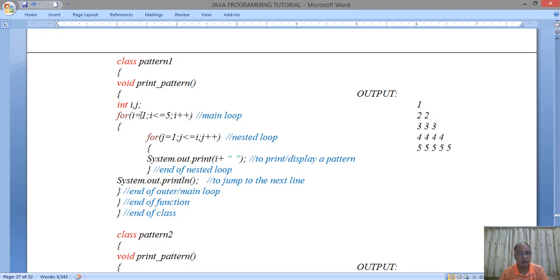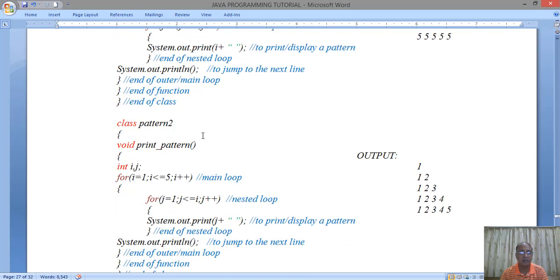So here the value of I is 1, j is 1. So it will print only once, because we are having a loop of j from 1 to I. 1 to I means, if I is 1, j will perform once. If it is 2, j will perform twice. If it is 3, j will perform thrice. If it is 4, j will perform 4 times, and if the value of I is 5, then j will perform 5 times. So j will perform depending upon the value of I. As the value of I increases, the internal repetitions of j also increase. So therefore we get this sort of an output: 1, 2, 2, 3, 3, 3, 4, 4, 4, 4, 5, 5, 5, 5, 5. So this is how we get the pattern printed on the screen by this type of a program.